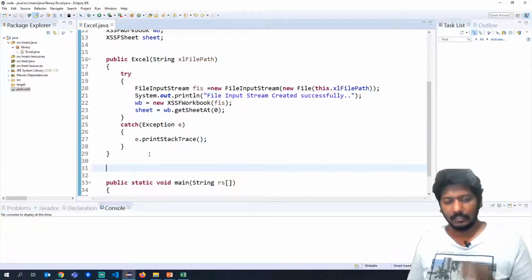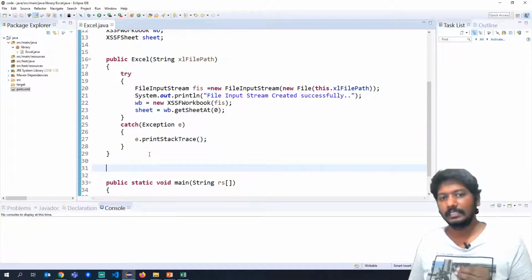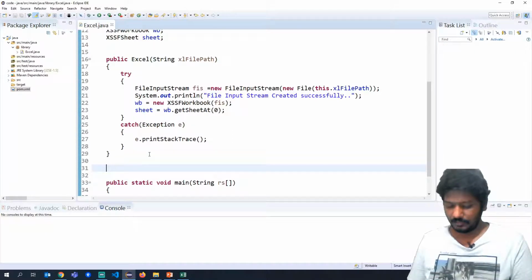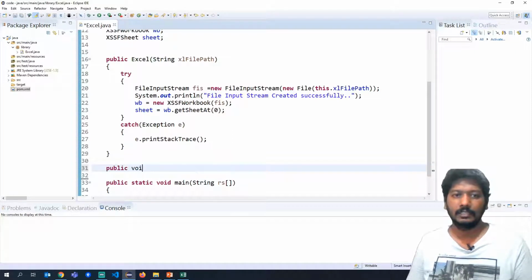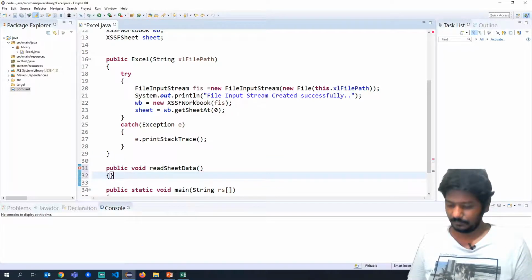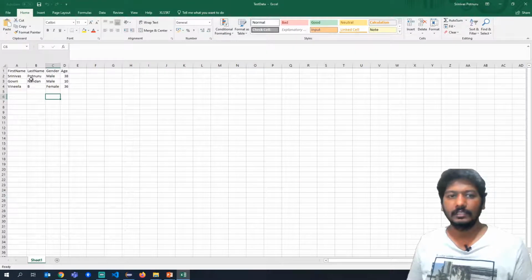Now I will write a small method here which will allow us to read through the entire sheet and print the data from each row. Okay, so let us say it as public void readSheetData. If you see here, there are multiple rows in this particular sheet.